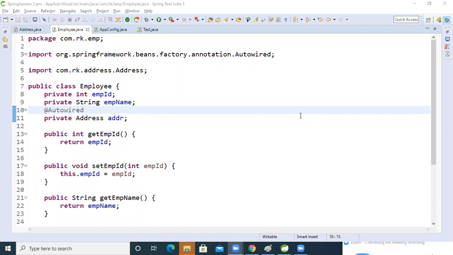Clear, clear, clear. Any doubt, friends, please ask. I will explain, because based on this autowire, two more annotations are there, which people frequently ask about in interviews. Ayodele, what about you?